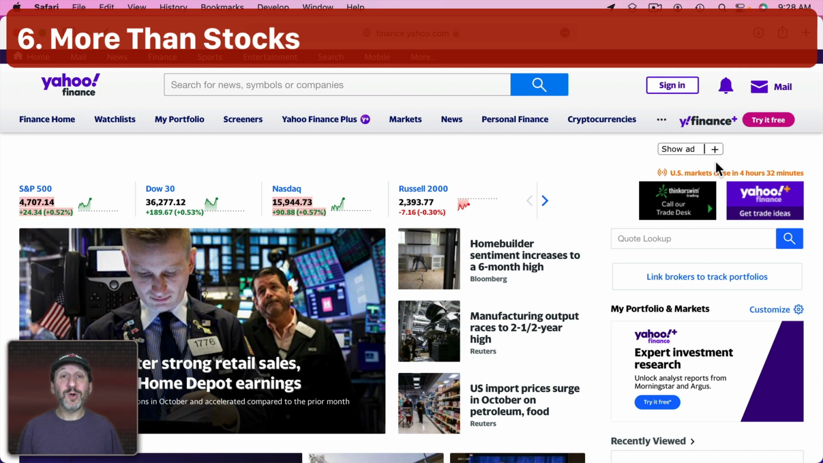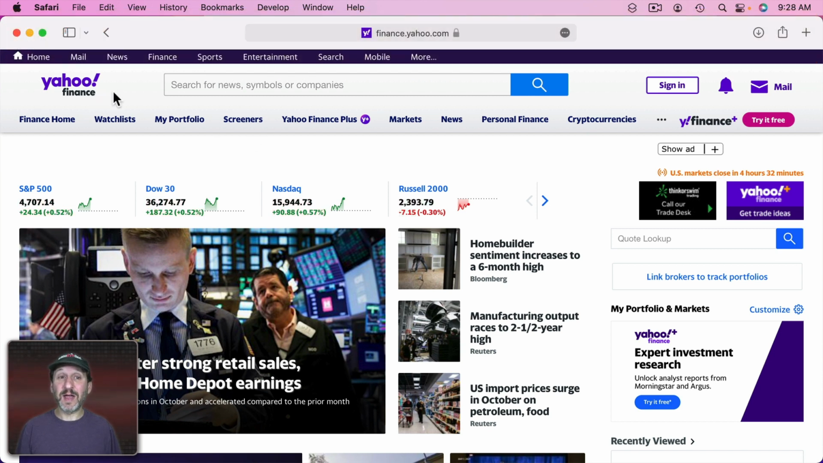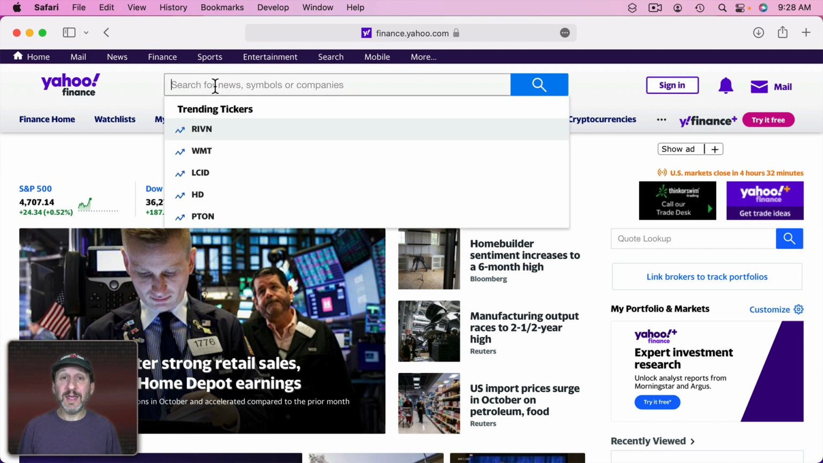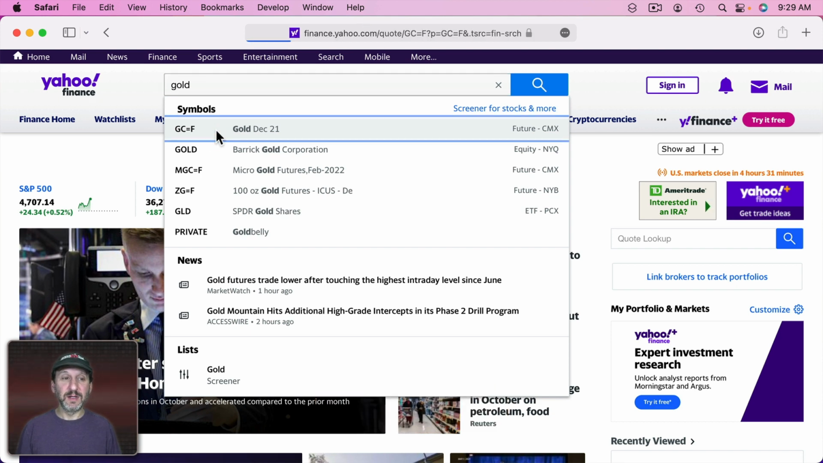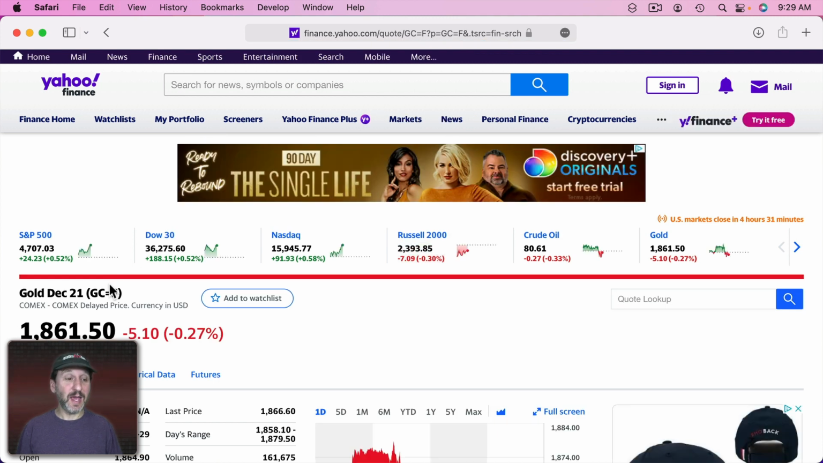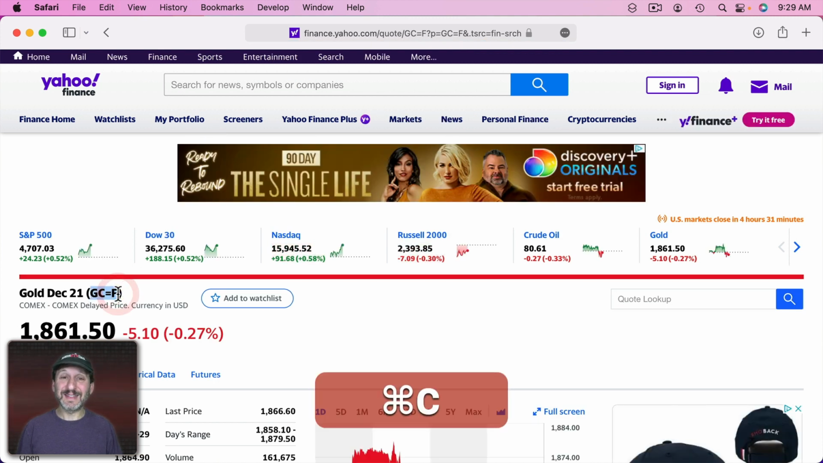Also you can track more than just regular stocks. Just about anything that you could find in Yahoo Finance you can track in those widgets. For instance, what if I wanted the price of a precious metal like gold? I could look that up here in Yahoo Finance, check to make sure it's actually what I want, and then take that symbol here